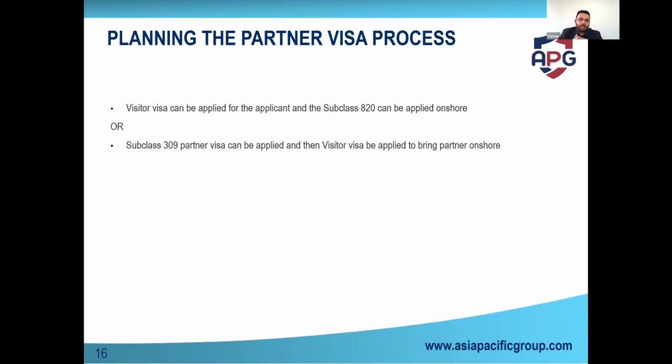The other option is that you apply the offshore visa and then you come to Australia on a visitor visa. Now why would someone apply for offshore when you can get a visitor visa and come to Australia? There's a very big reason for that. There are actually two reasons. The first reason is the time. If you noticed in the earlier slides, if you're applying offshore, the time is shorter. The time is averaging around 12 to 15 months, sometimes 17, sometimes 10 months as well, but the average is 12 to 15 months. So obviously time is shorter.